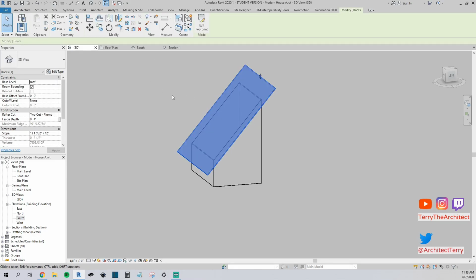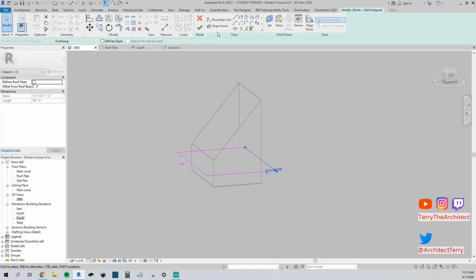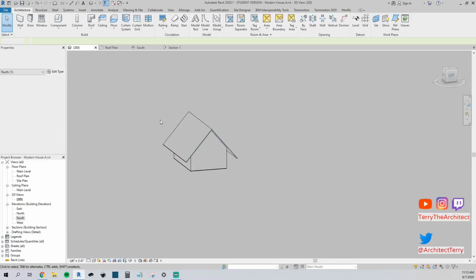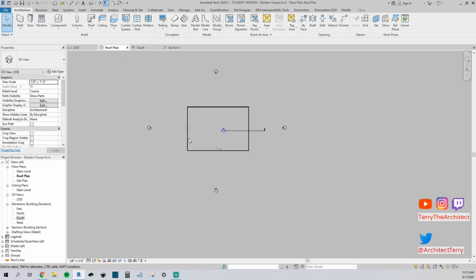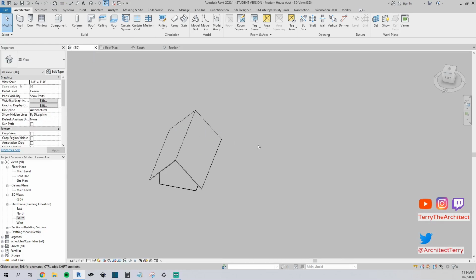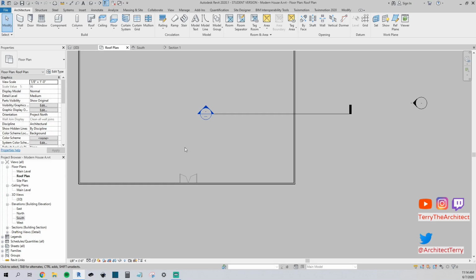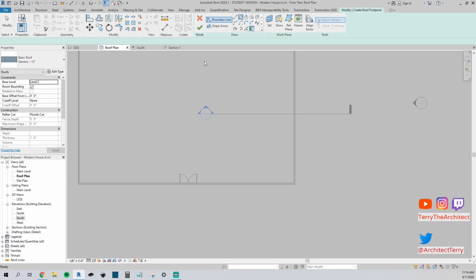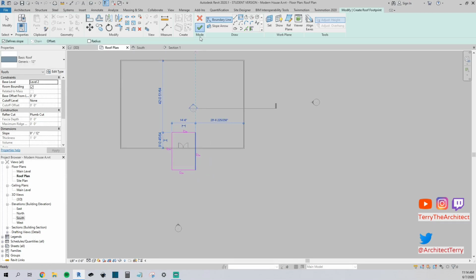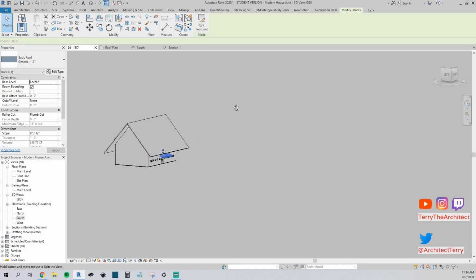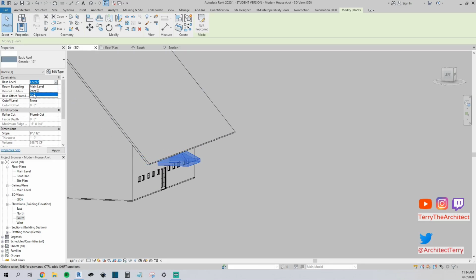how to connect roofs. You'll notice a lot of residential houses will have different roofs on them. If we get the second roof added, I'll just make sure that is like this. If I go to my roof plan, and then I will add another roof here. Just a real quick roof. Okay, and if I go to my 3D, I want to make sure that my roof is again on the same level, just for this design. I will change my plumb cut,